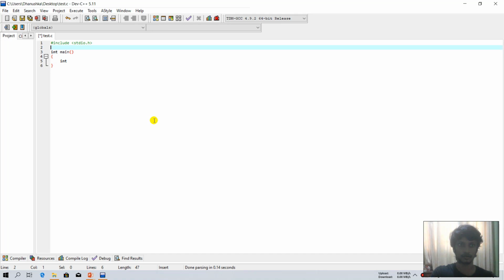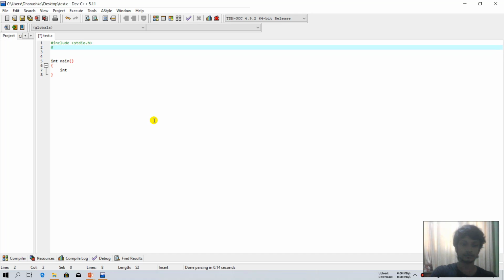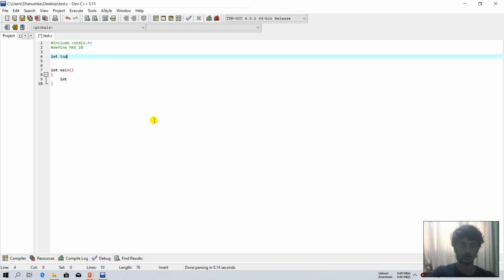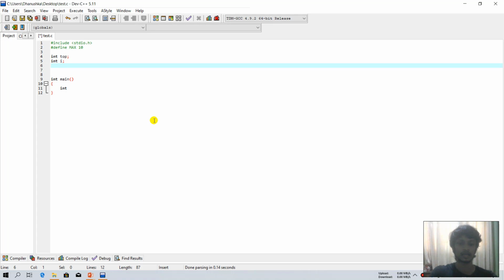Before we go into our main method, we should define some stack. So how do we do that? First I will define max like this, and I need top, and I need another variable for i, and our stack